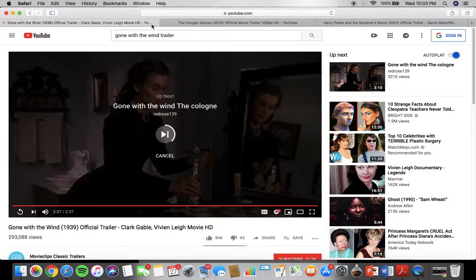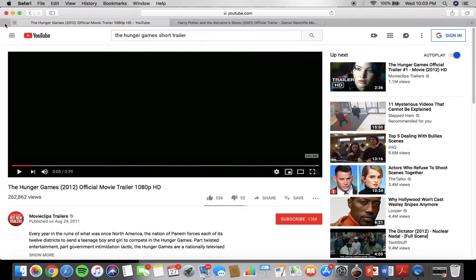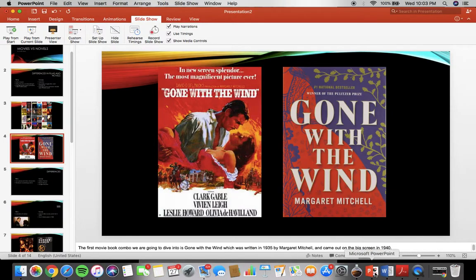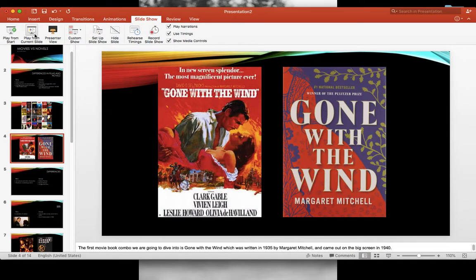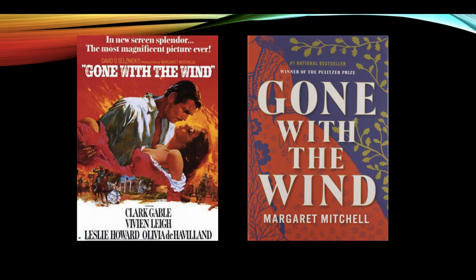So, as you can see, Gone with the Wind was a huge success on the screen, and it made so much money. As the trailer said, it was up for so many Academy Awards. It was kind of the first big motion picture like that of its time. It was kind of the start of how film is today. Gone with the Wind influenced so much that we do today in filmmaking. And so now I'm going to dive into the novel.